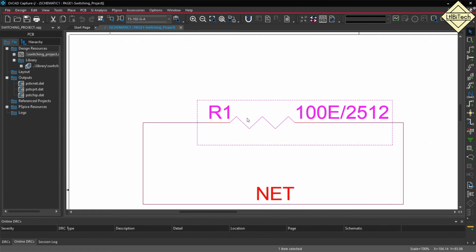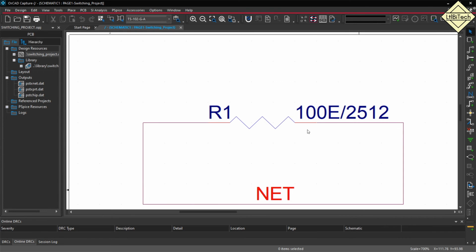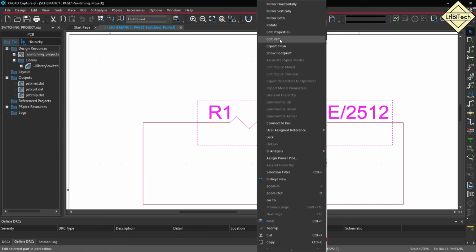So in the schematic, how do we check? You just bring the mouse pointer on top of the pin. So you can see the pin number here, the pin number is 1. Similarly, if you bring the mouse pointer on pin number 2, you can see pin number 2 is there. If you want to reconfirm it, right click on the part, go to edit part,